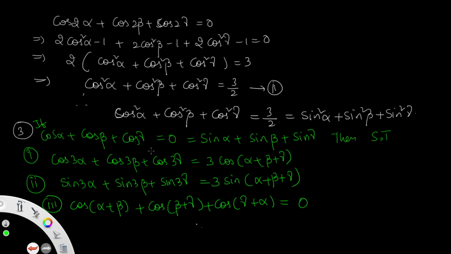The three problems are given in the question, where you have to use cos alpha plus cos beta plus cos gamma equal to 0 and sin alpha plus sin beta plus sin gamma equal to 0. Every bit, first bit, second bit, third bit, will be given separately in the question. So all of these are same-method problems. First we take the first bit on the next page, and similarly we use the same method we have done.